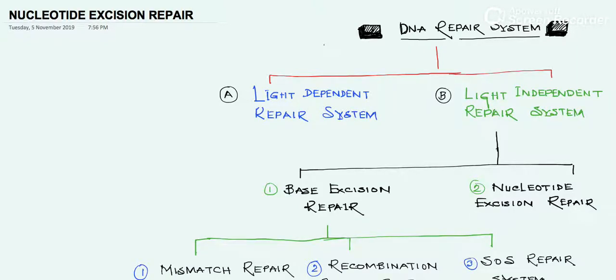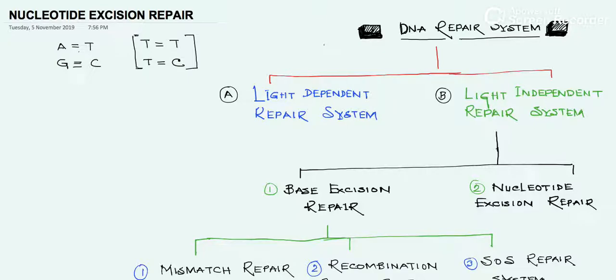Today we are going to discuss a topic that is nucleotide excision repair. Such a repair mechanism occurs in our body when some kind of mutation occurs. We all know that base A binds with T, and G binds with C. Suppose there is a TT dimer or a TC dimer. Such unnatural base pairing can be repaired by many repair mechanisms in our body.